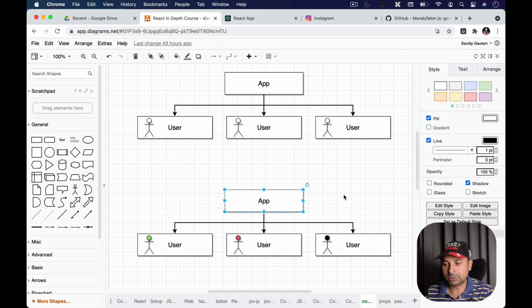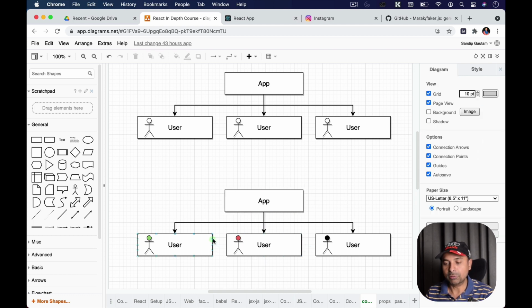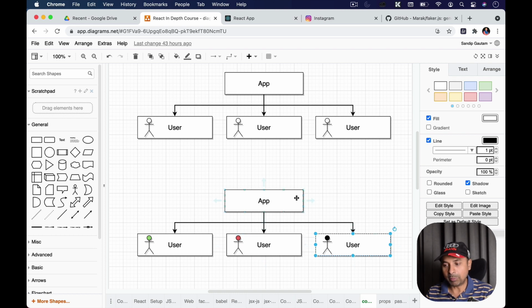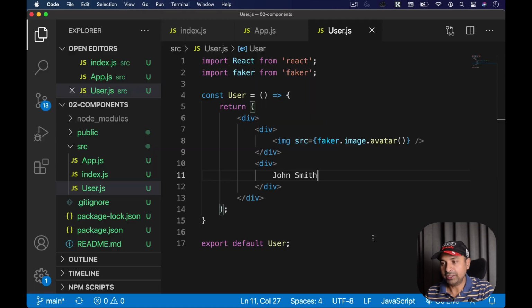So we need to take our application towards having different user values, right? Our application is going to contain 3 different users. In this example, we have 3, there can be many. If you see here, this user I have highlighted in green color, this user I have highlighted in pink color, red color, and this user I have highlighted in black color, right? So we are going to have different users. So somehow we need a way to configure our user component.